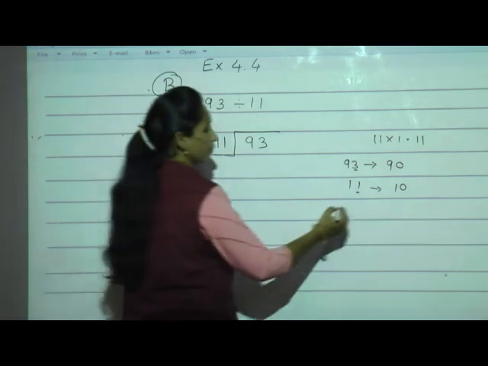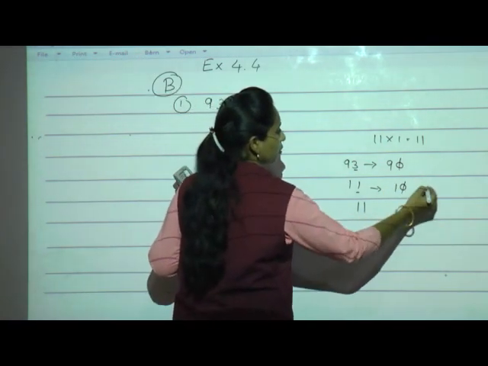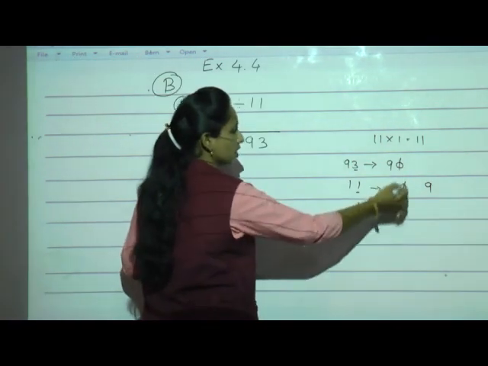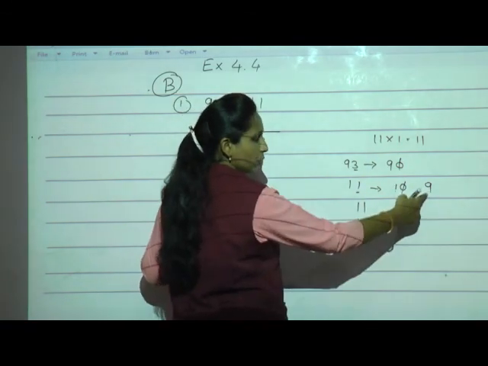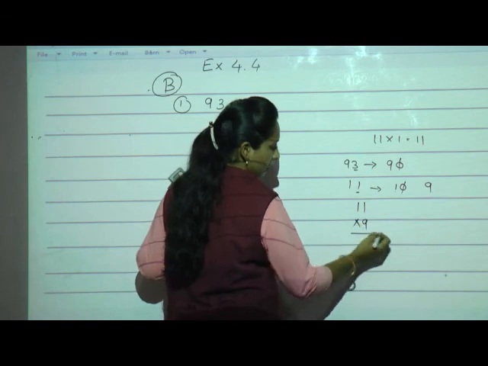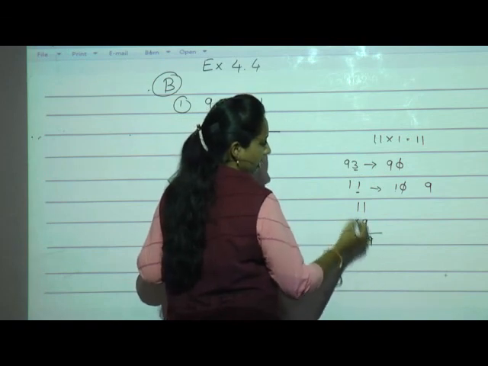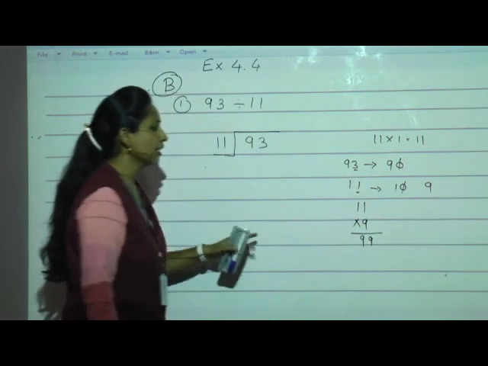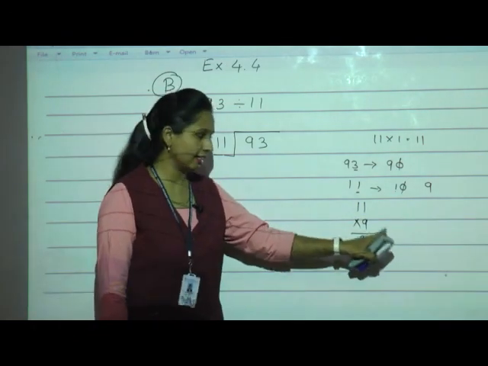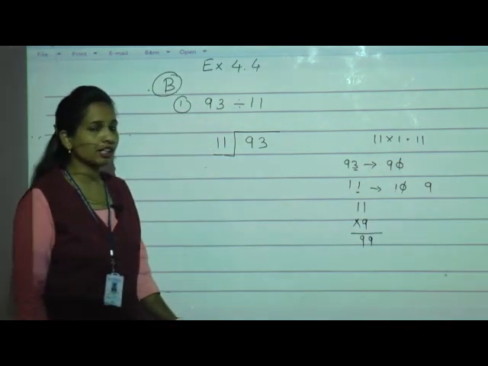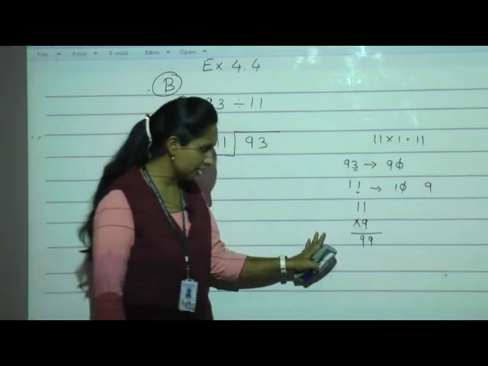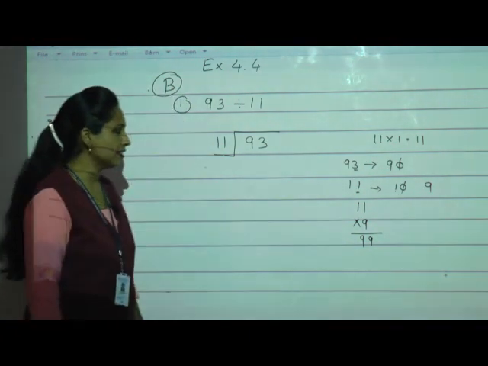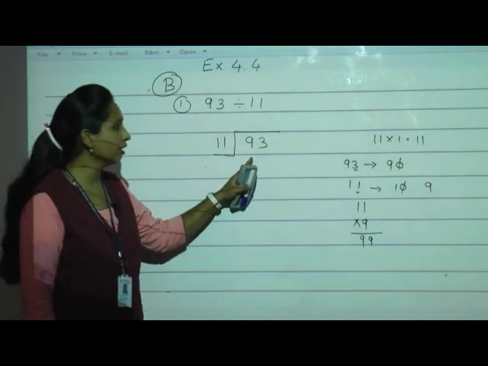Now, same, what do we have to do? We have to find the estimate quotient. If we cross the 0, 0 also, 1 nine is 9. Now the estimate quotient is 9. We will try with the actual number. 9 ones are 9, 9 ones are 9. See, if we go after 9, the quotient 10, then 11 tens will come to 110. But we want 93. 93 is not there. So 99 is there, but 99 is greater than 93.